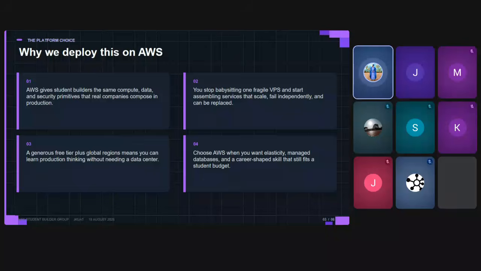So why AWS? AWS gives student builders the same compute, data, and security primitives that real companies compose in production. If you go to your AWS console account, I hope everyone has one, you'll see the same services that real companies use in production.